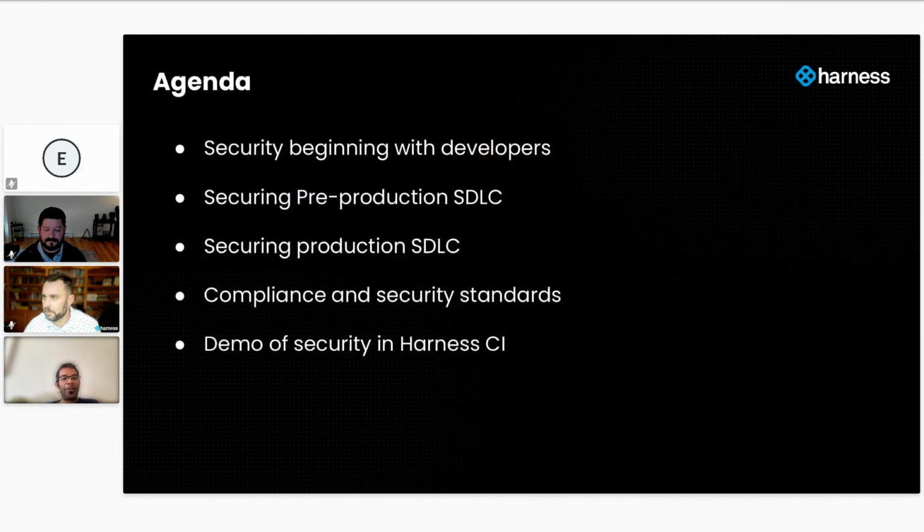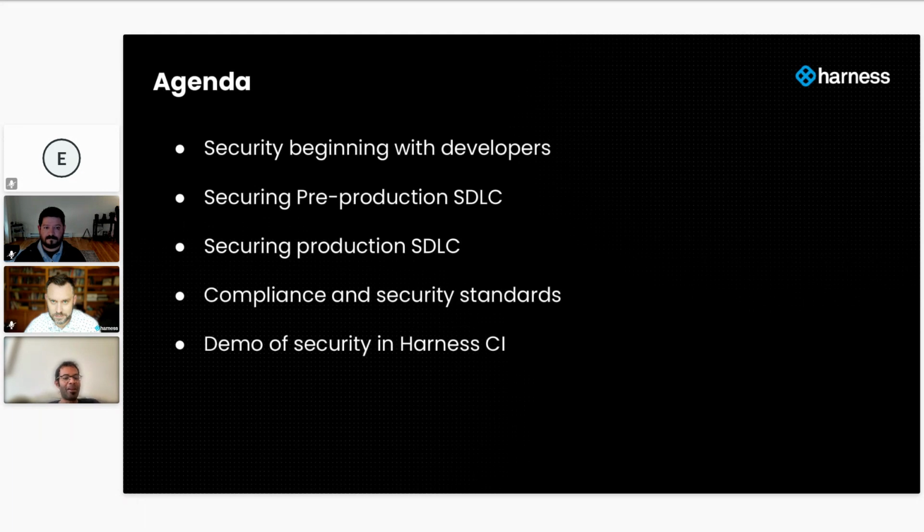All three of us have been working with lots of customers, in our previous incarnations before Harness. What we wanted to share with all of you are some of the learnings we have seen on how you should think about security when it comes to targeting developers. What do they care about? How do you balance the two worlds of securing and providing good enough guardrails that you can deploy into production? And we'll talk about some of the key compliance and certification requirements that customers need to think about when they think about CI.